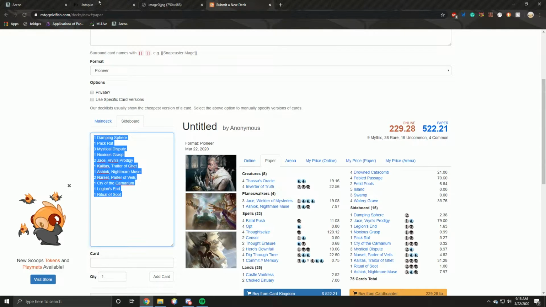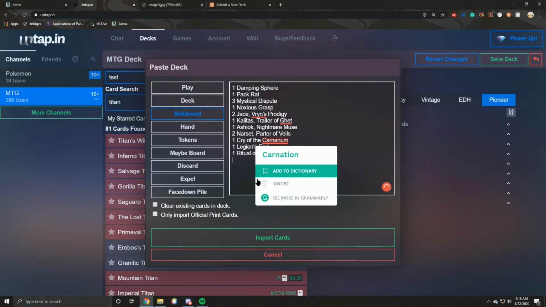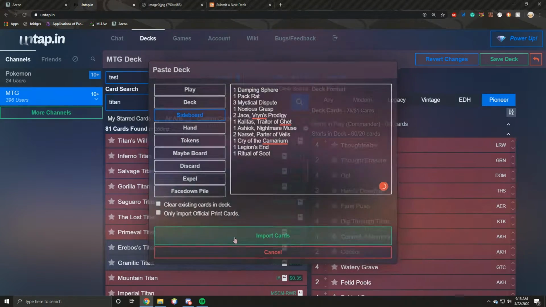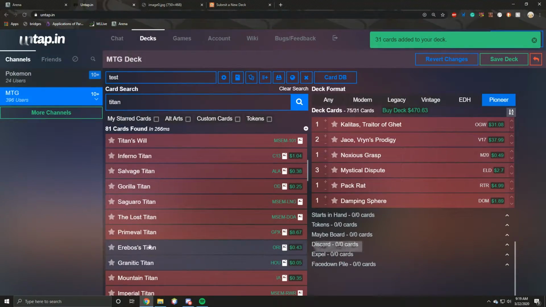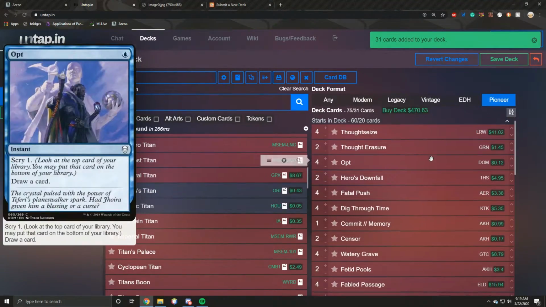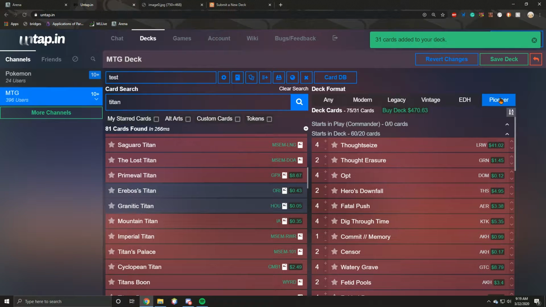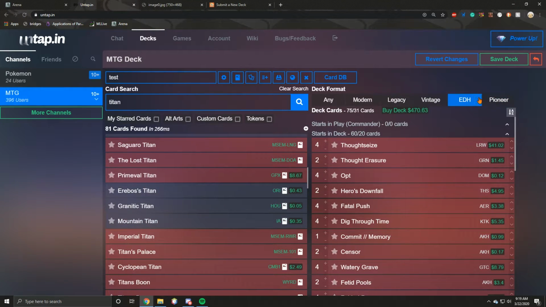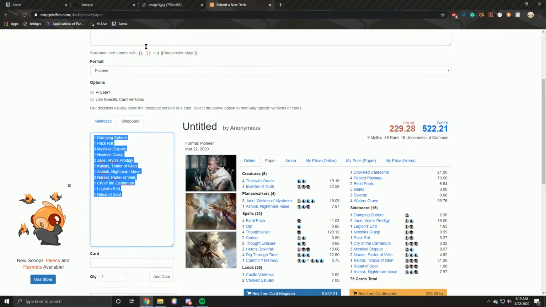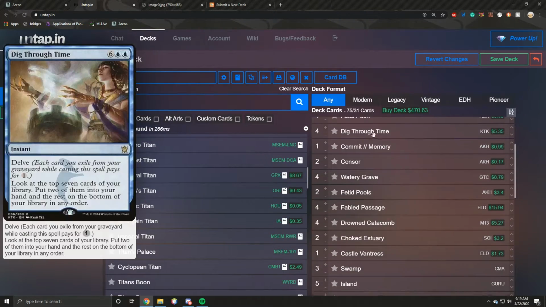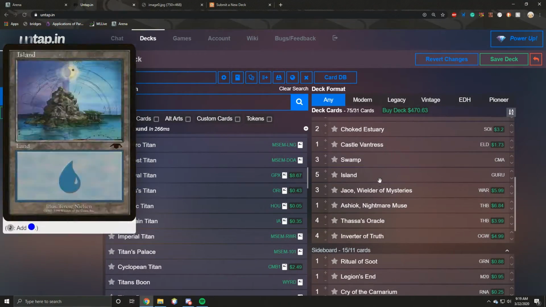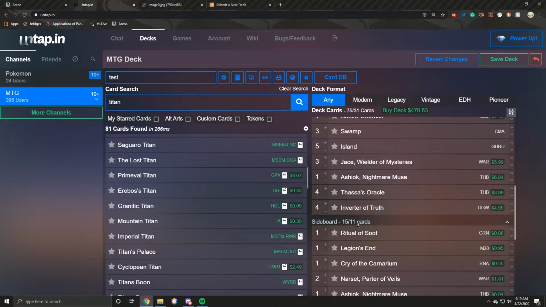Control All, Control C, Control V. Okay? And then import cards. And I don't particularly know why this is saying it's not Pioneer legal, because this is clearly a Pioneer deck. I think they need more work on exactly how this works, but yeah, everything in this deck is obviously legal,